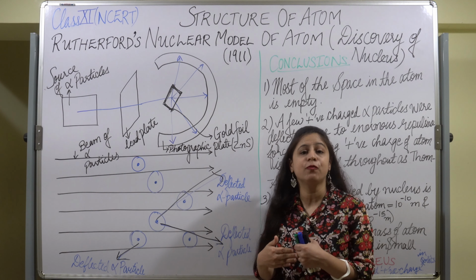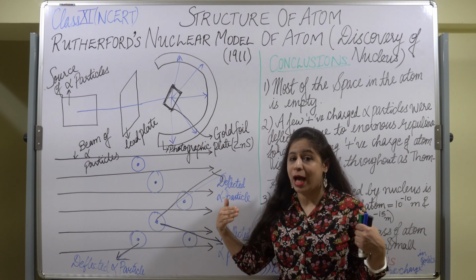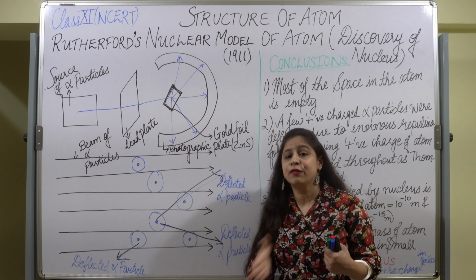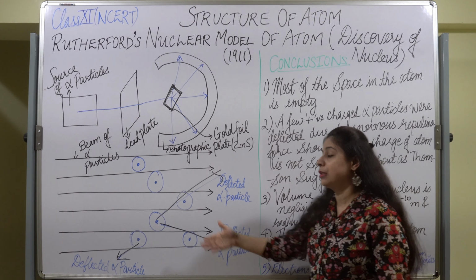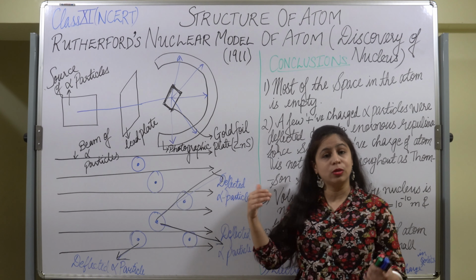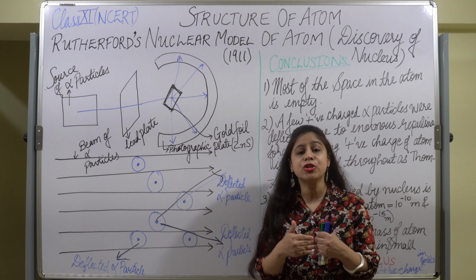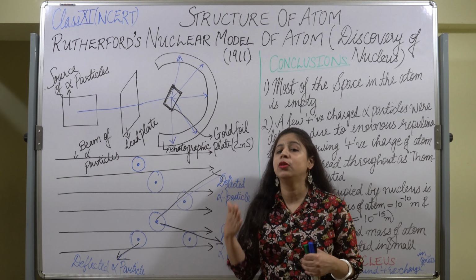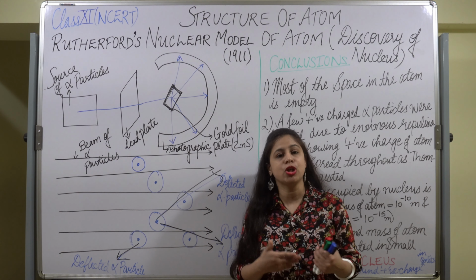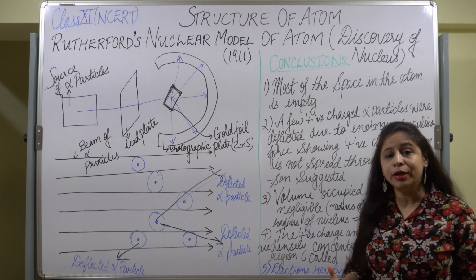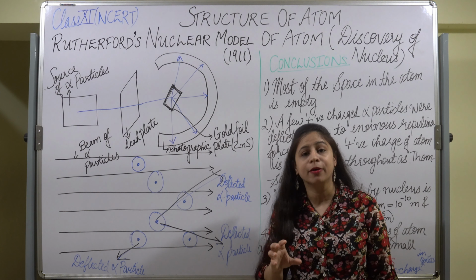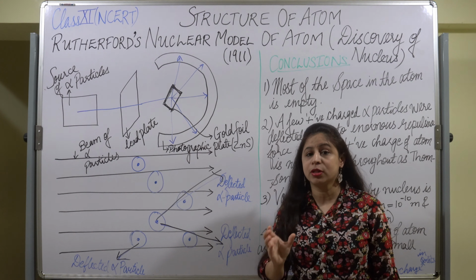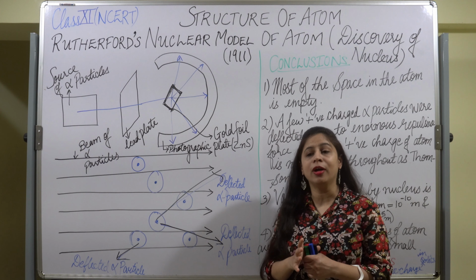As the repulsive force was very much greater, the alpha particles got deflected by different angles. It depends upon how much repulsive force is there. Whatever the repulsive force they got, they were deflected with that much angle only. So it was concluded that some part of the atom is made up of positively charged particles, not that the whole of the atom is